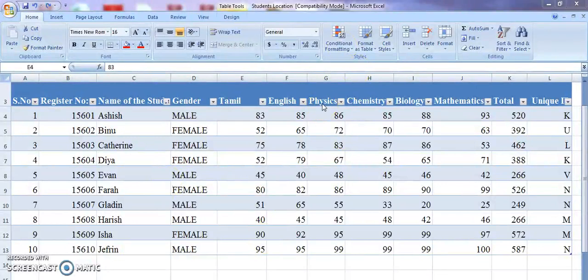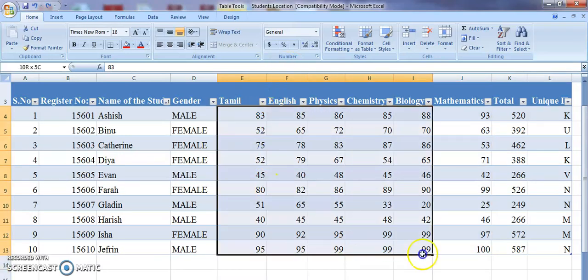Now in today's video, I am going to share with you another option which is available in Excel that will help you to format the table or the data sheet which you have according to the format you prescribe, according to the condition or the criteria which you prescribe. For example, if I want the marks over here, whoever have scored, I'm selecting the particular range of marks. I want those cells which have a score of more than 70 to be highlighted.